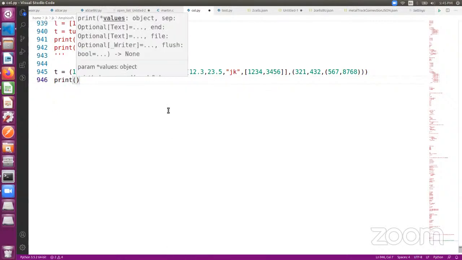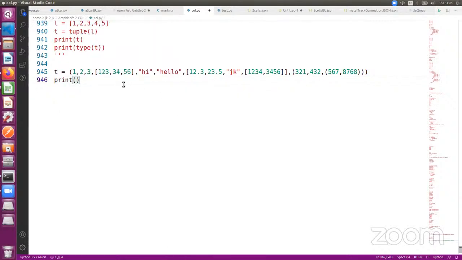How to print this 567? 7, 2. See, here also for accessing,